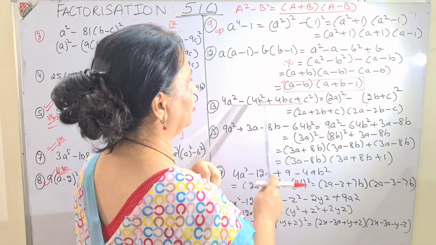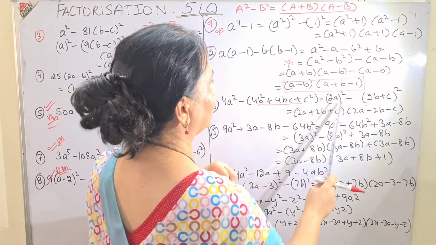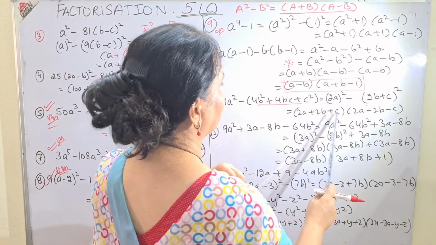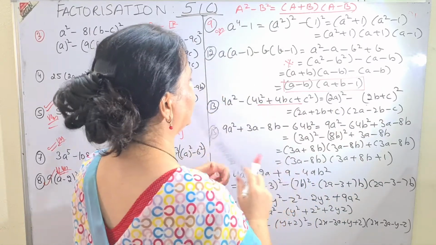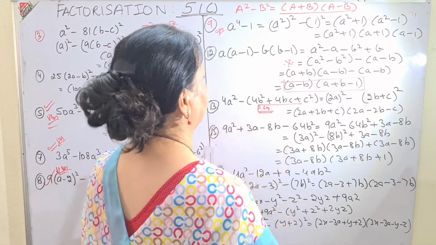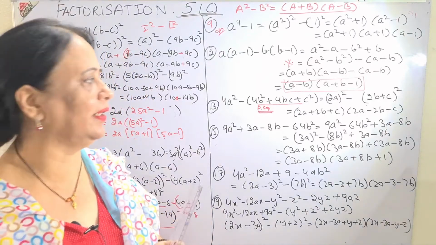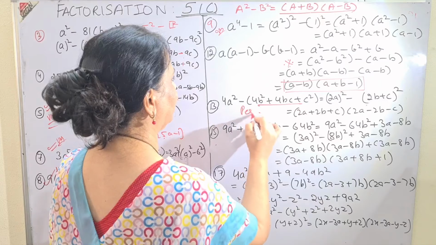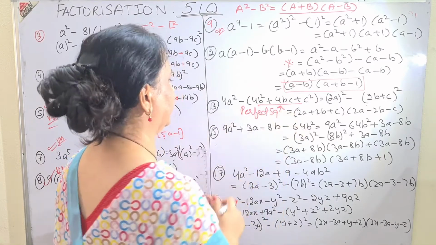2b plus 2 into 2b plus c, that is the mixed term, plus c square. So a square, first term square minus second term square, is first term plus second term into first term minus second term. See how simple it is. I have just changed the second term into a perfect square. I am writing it with a red pen so that you understand when you do it. If you want, I will write the full words: second term changed into perfect square.